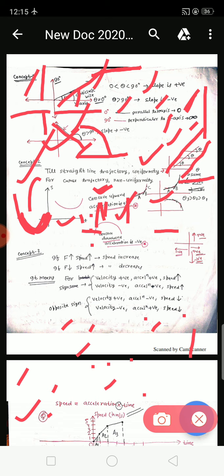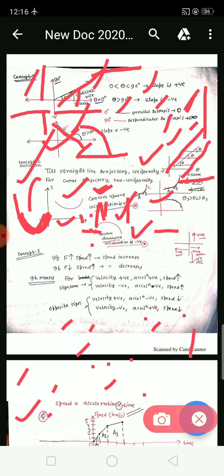Remember how you will get it. If it is a displacement time graph, there is a curve. From this graph you have to find velocity, from that velocity you have to find acceleration, and this acceleration you will get positive. You can try to solve it. What is the reason? You find the slope. Slope will be the velocity, and in the velocity time graph, if you find the slope again, it will give you acceleration. But keep these things in mind. If it is concave upward, acceleration is positive. If it is concave downward, acceleration will be negative.